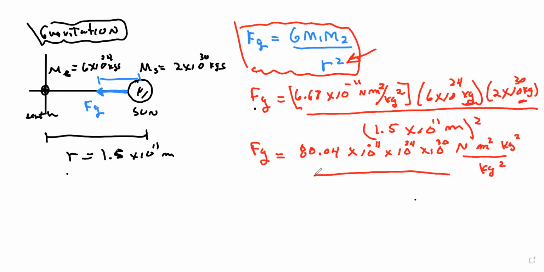Now let's go to the bottom part. That's 1.5 times 10 to the 11 meters, and you got to square this. So that's going to throw you a 2.25 times 10 to the 22, and this is going to be meters squared because you got to square the units also. So what do we got? The meters squared cancels with the meters squared, kilograms squared cancels with kilograms squared, and your force of gravity is going to be 80.04 divided by 2.25,